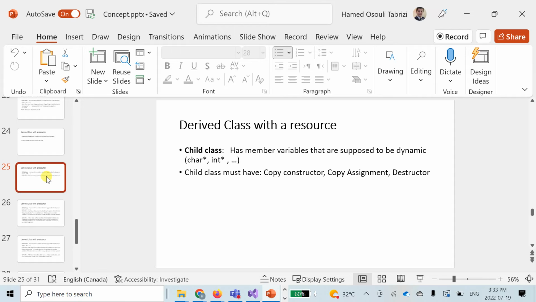Now, what happens if we have a child class, and that child class is derived from a class that had a resource? Well, this is important. Now, this becomes important. And it becomes a little bit complicated if that child itself also has a dynamic member variable. So not only does the base class require some dynamic memory allocation, asking for heap memory from the operating system, but also the child has some variables that require this type of memory allocation from the operating system. In this case, your child